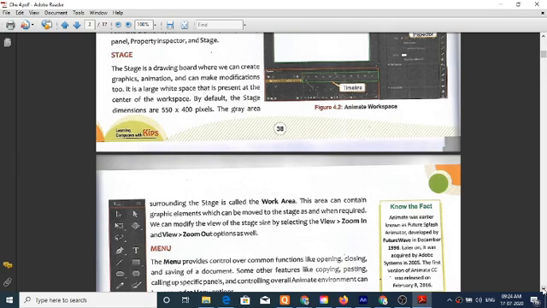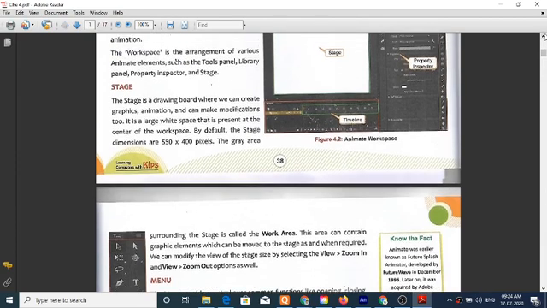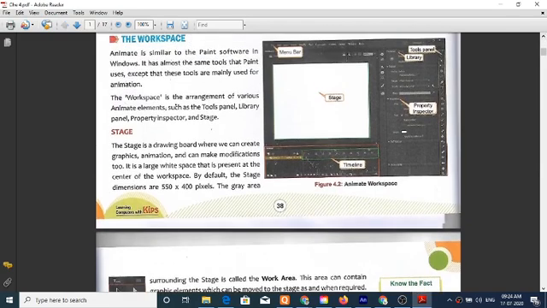We can modify the view of the stage size by selecting the view zoom in, view zoom out option as well. Now, the menu bar looks like this, at the top of the software. It is also called the menu bar situated on the top of the software panel.